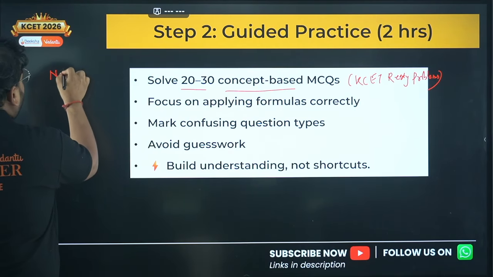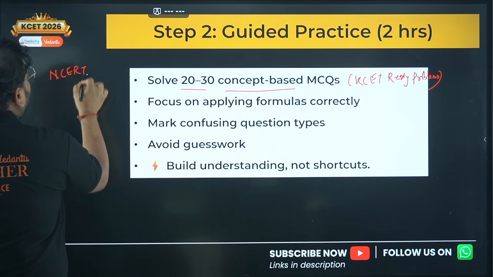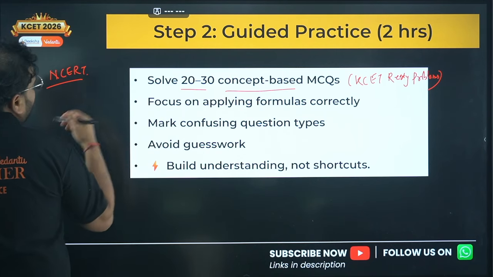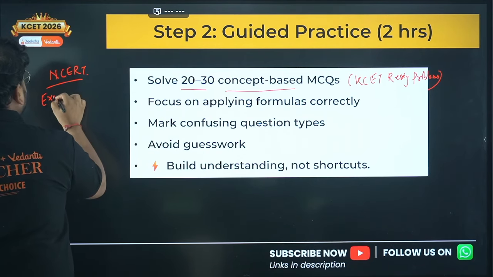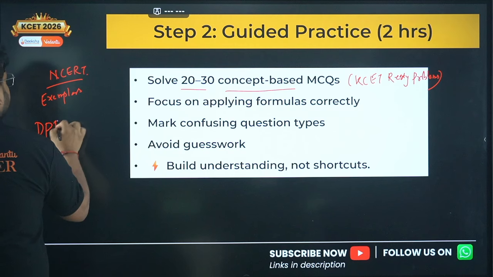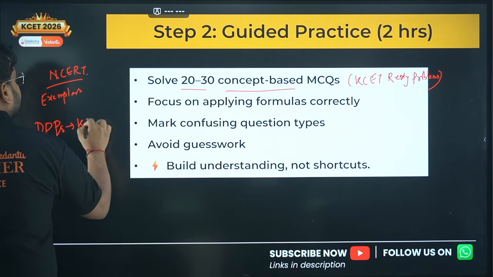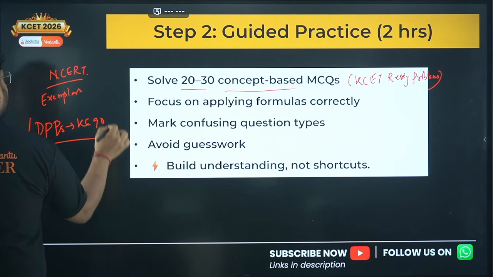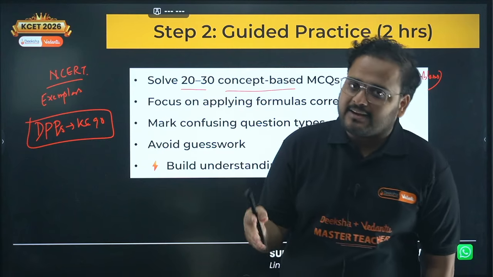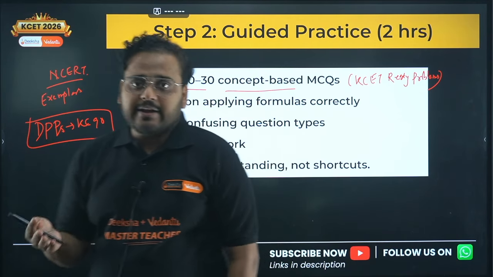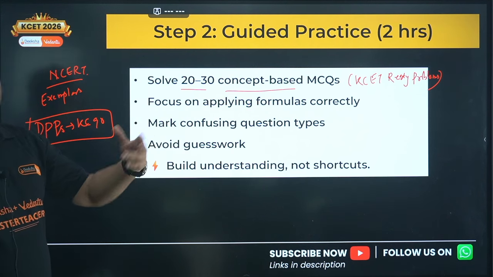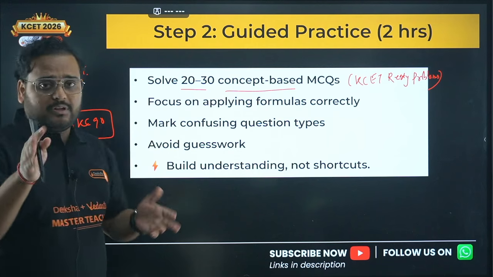If you don't know what I'm talking about, you can solve NCERT questions or basically MCQs, because it's about KCET, okay? So MCQs, or you can solve Exam Plus, or you can solve the DPPs that we're going to give, DPPs of KC90. If you're taking KC90, you can solve the DPPs, that'll be good enough. We'll give everything. If you've joined KC90, if you're watching the video after joining it, I'm letting you know, every chapter will have a DPP, okay? So that you can solve, it'll be based upon KCET and COMEDK, okay? So individually, you'll have the sections